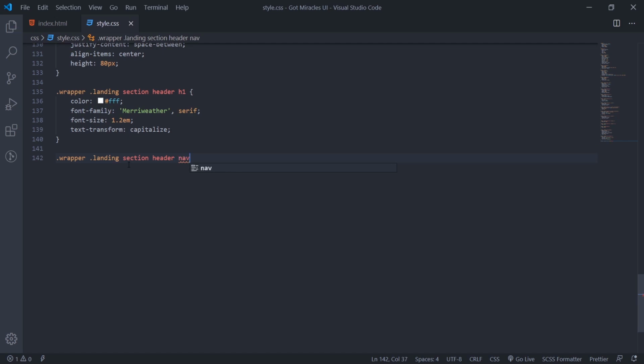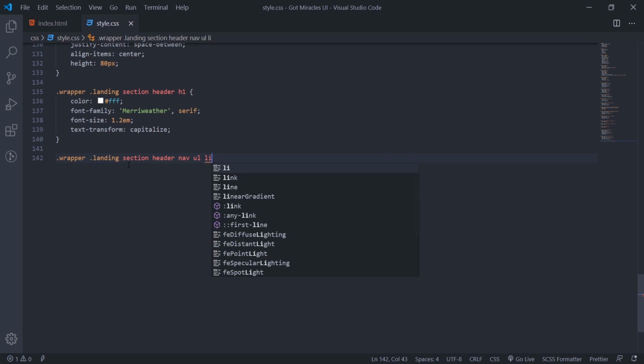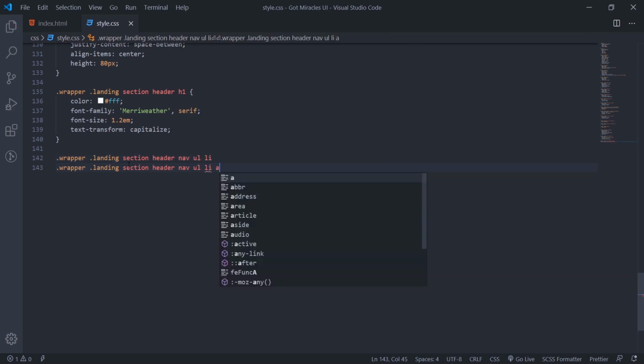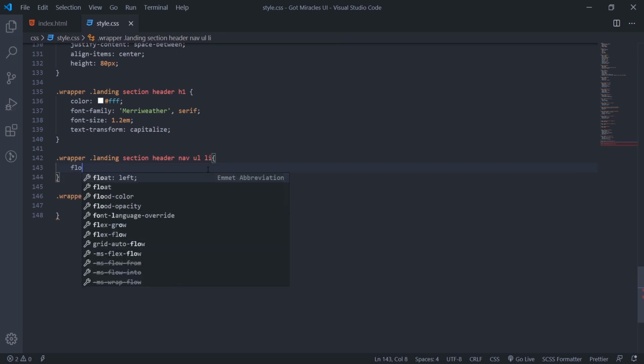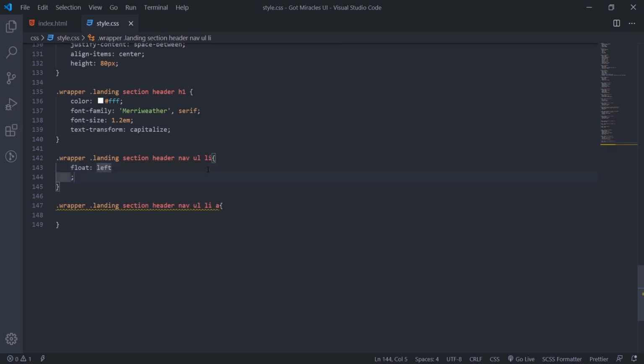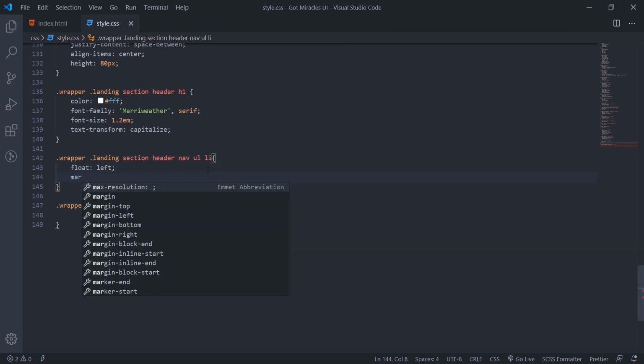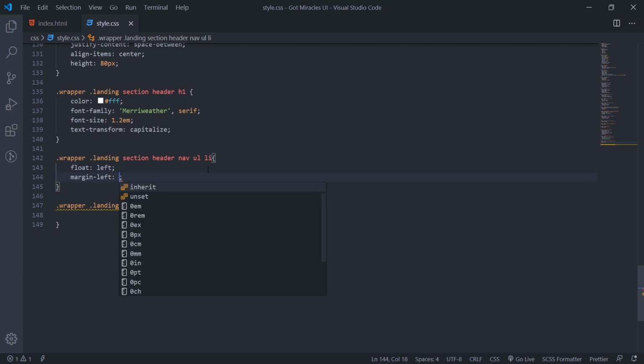Alright, so we'll target the nav ul li. We'll target the anchor tag like this. Inside the li, we'll float them to the left, then we set margin left to 10em.